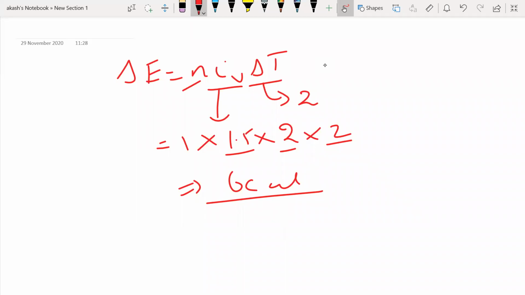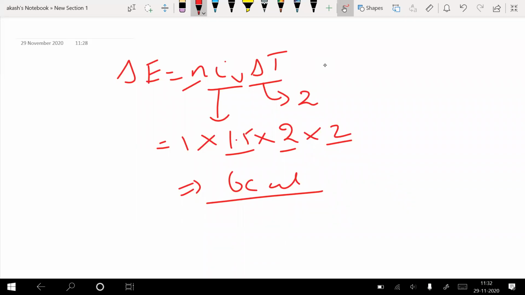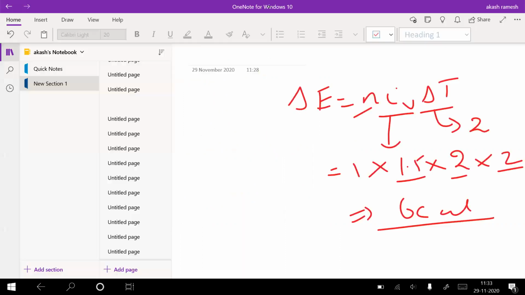Okay, so we'll do more problems. Don't worry, we'll do at least 3-4 problems next class, and then we'll go for the second part of the thermodynamics chapter, that is thermochemistry. That is a little more interesting than this. If you find this interesting, the second and third parts will be a little more interesting than this. Okay, so fine, people. Any questions? Yes, 3 by 2 R, correct, Aditi. Any doubts?